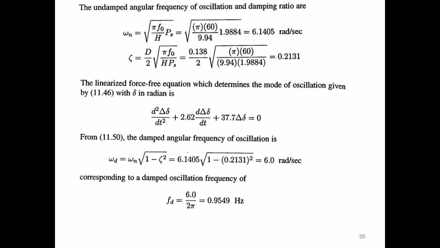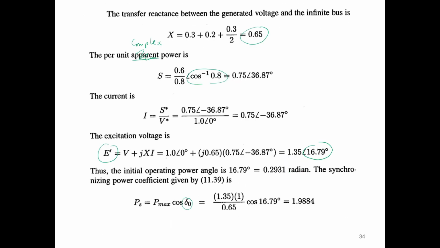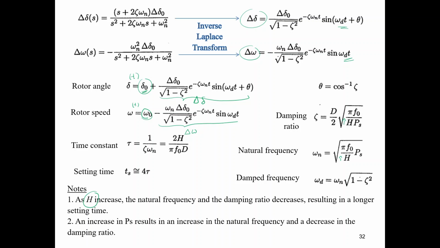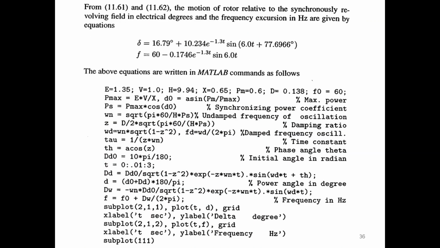So the corresponding damped oscillation is 6 divided by 2 pi. You convert the damping into hertz. We change this 6 radian per second into hertz. Now we just plug this into the equation. You can see the change, right? Now you see everything, the delta omega. You plug in all the known quantities, you give everything. So the motion of the rotor relative to